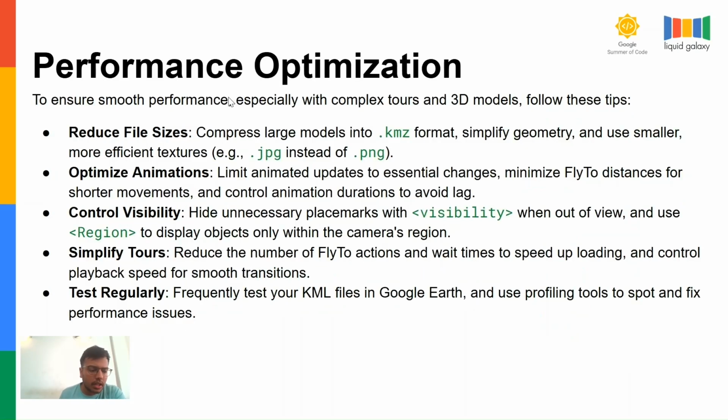The next thing is that one of the most important things for creating a tour is to enhance the performance. To ensure smooth performance, especially with complex tours and 3D models, we have to follow certain tips. First of all, reduce file sizes, ensuring that large models are not used, simplifying the geometry, and using smaller and more efficient textures. Optimize animations by limiting the animated updates to essential changes, minimizing the fly-to distances for shorter movements, and controlling animation durations to avoid lags. Controlling visibility, simplifying tours, and regular testing are some of the other methods by which we can optimize the